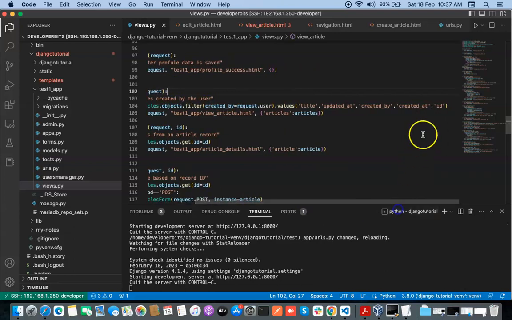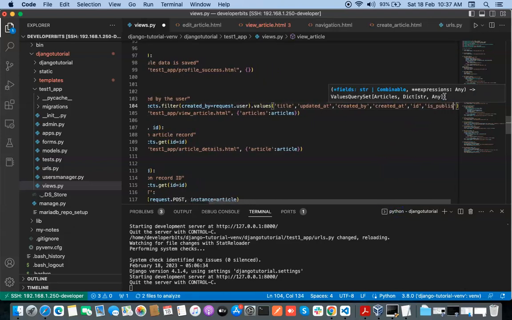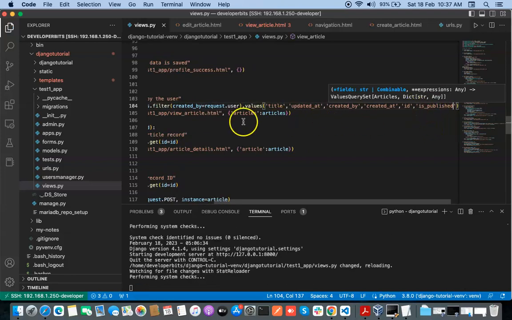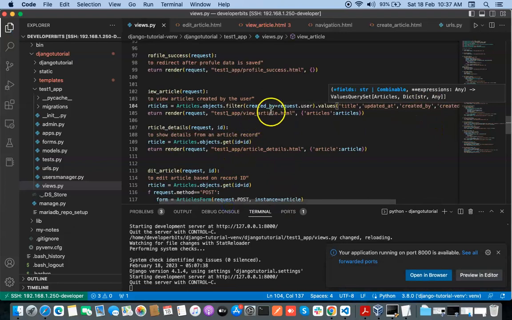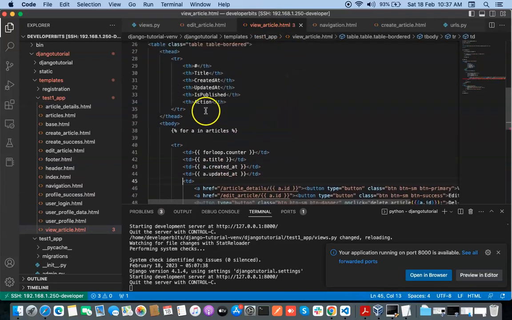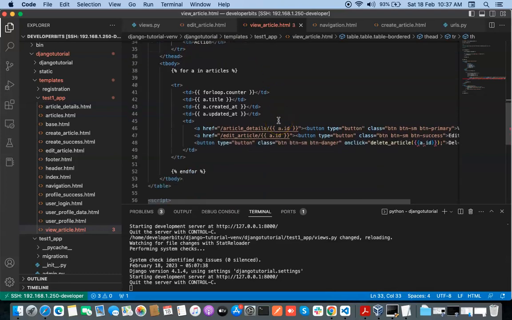So let us pass the field here which we have already created. In our model we have already created a field is_published. So let us put it here so that we can access it in the file view_article.html. So let us go to this one and type a heading here, is published, which I have already put here. So next I have to put here